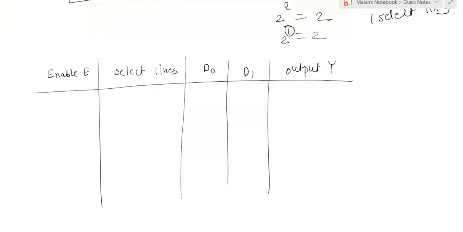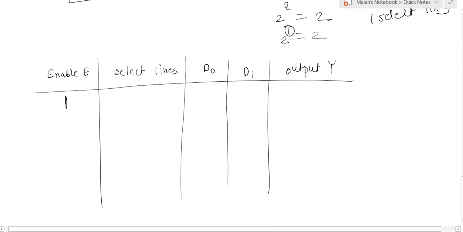Now if in your question paper the question is given for the active low signal of enable, where the circuit is enabled, then at that time you have to select the enable as 0. Otherwise you can select the enable signal as 1. Depending on the question, you have to set the value of the enable signal. Now I am saying that for a 2:1 multiplexer, the 2:1 multiplexer enables on the active high signal of the enable. So compulsorily the enable signal should be 1.